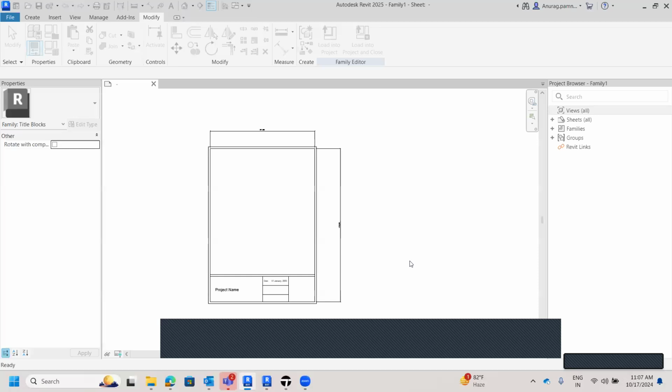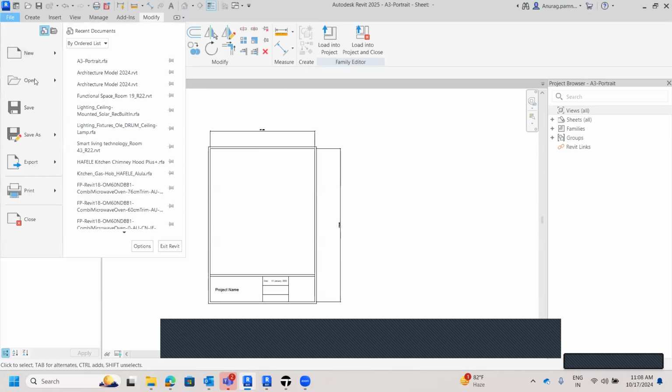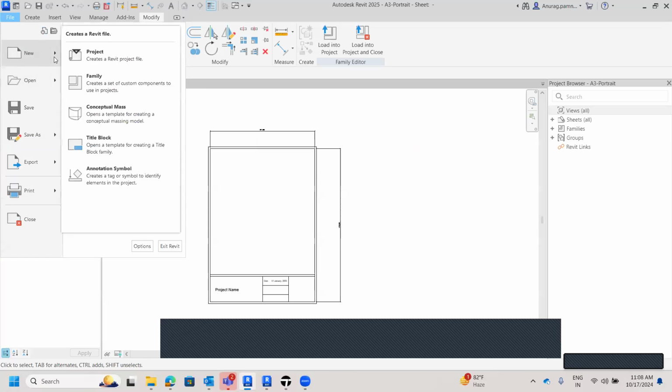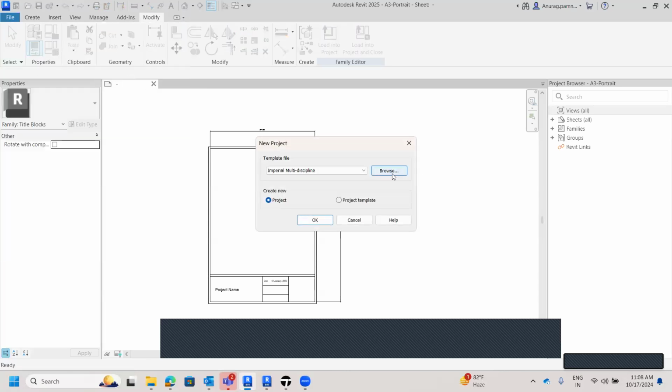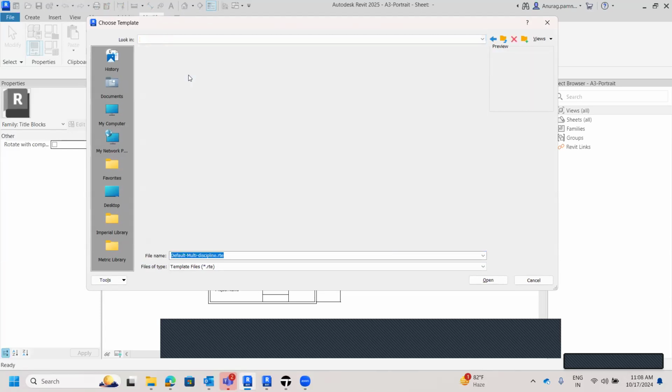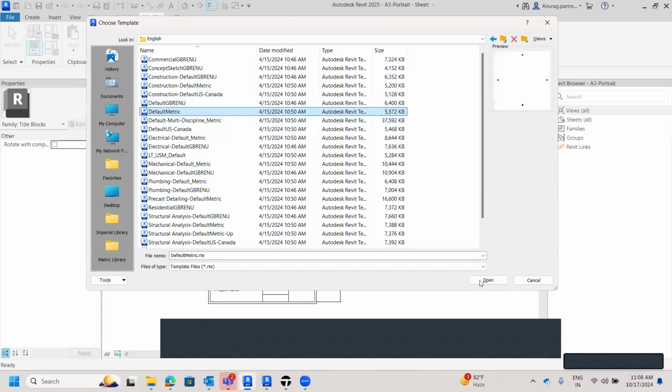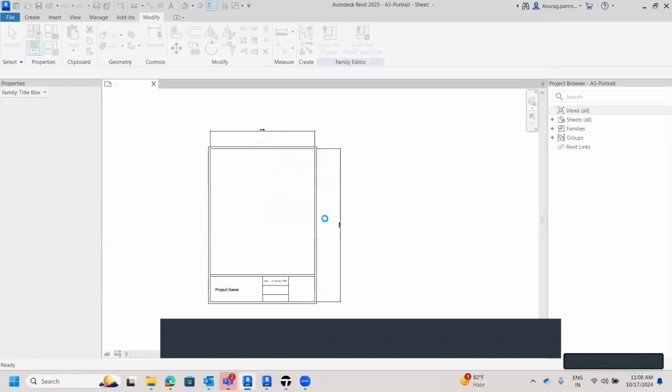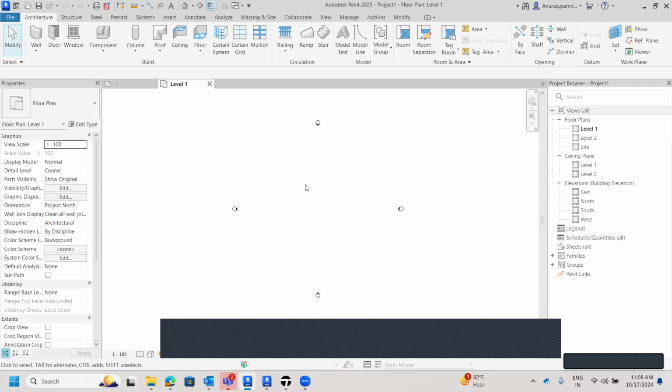Save this file. And now you can load this file onto the project directly. Right, so let's just have a new project. Project templates, English metric, open, and now under the sheet,